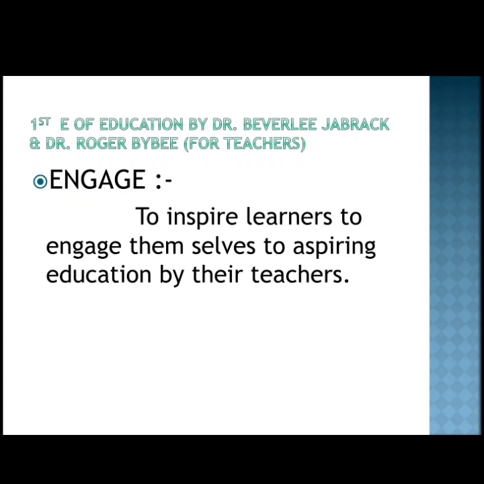Now we are going to indulge in our first point, that is engage. It is the first and foremost responsibility of every teacher to inspire a student to engage in the educational pedagogical activities. What is going on in the class? A student must understand, and the teacher must help them to understand. The teacher must not leave the student in the lurch, in ignorance. There should not be only a monologue, where the teacher speaks and nobody listens. But it should be a dialogue, between the teacher and the students.